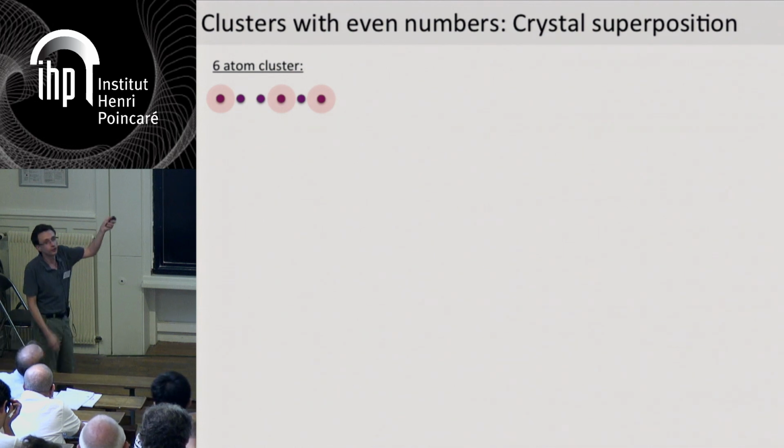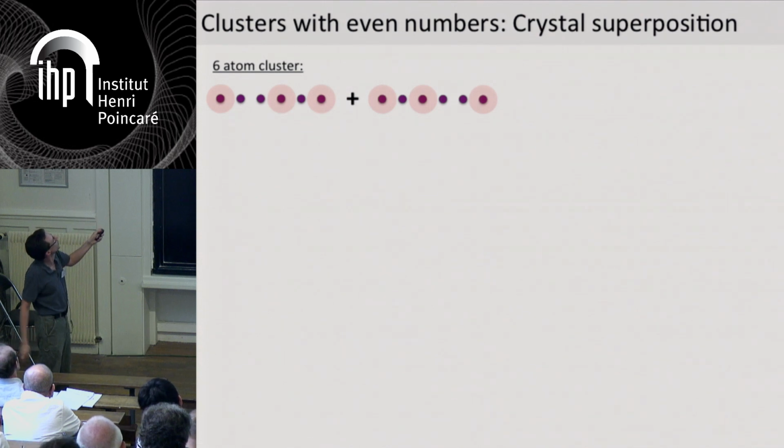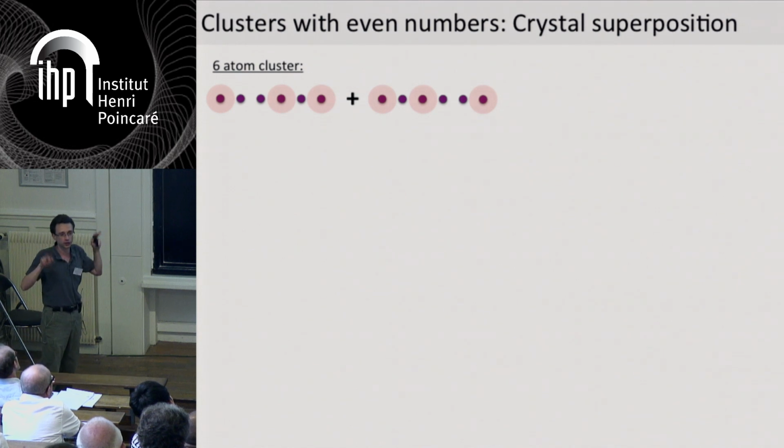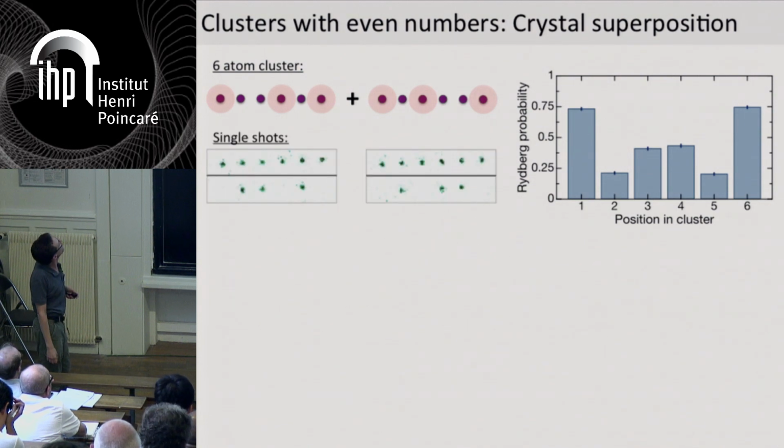Now if I go to even number, it's a bit trickier because I have two degenerate ground states, which are illustrated here. So as usual, it is energetically favorable to put Rydberg excitations at the edges of the crystal, but then I must pick up one atom from the middle excitation, and now you see that you have two energetically equivalent configurations. So what happens if now I take this and make an adiabatic sweep through the quantum phase transition?